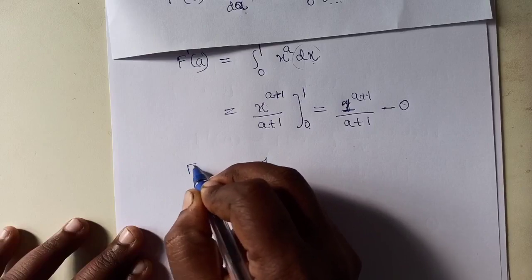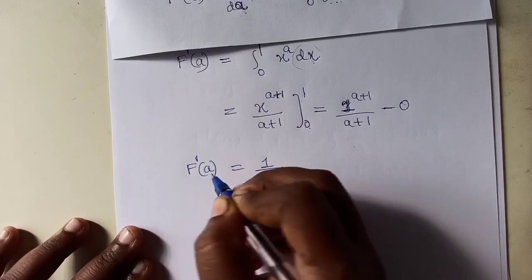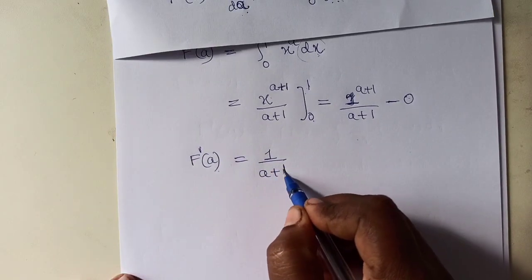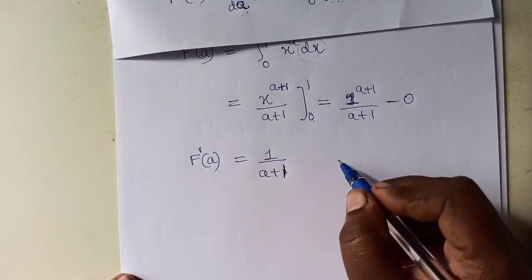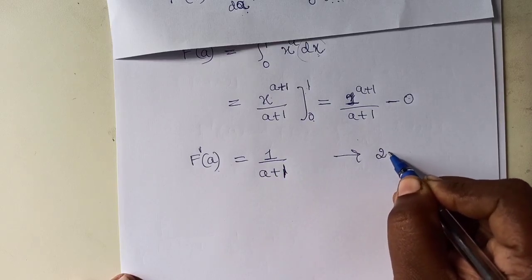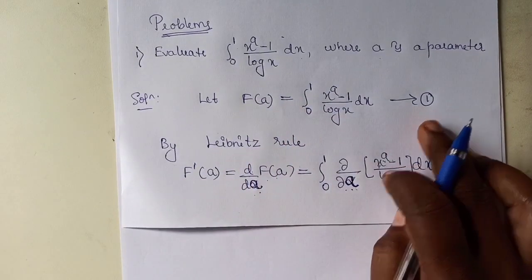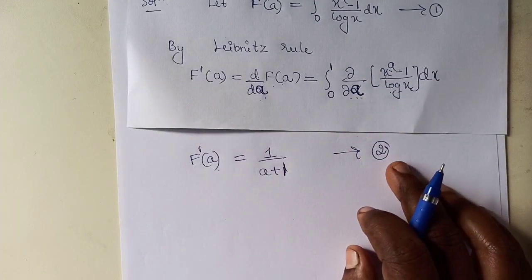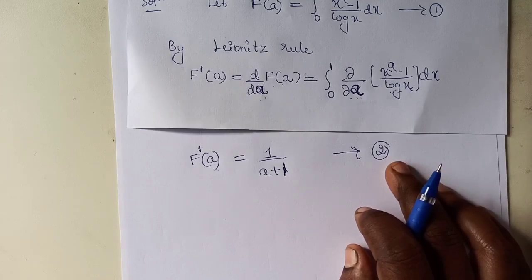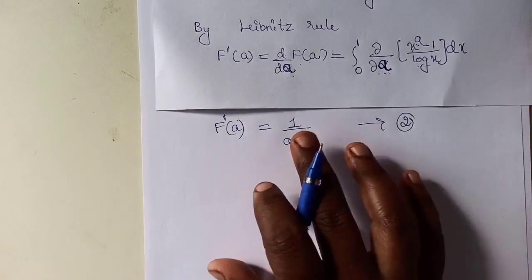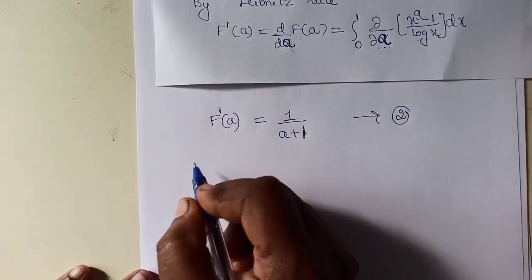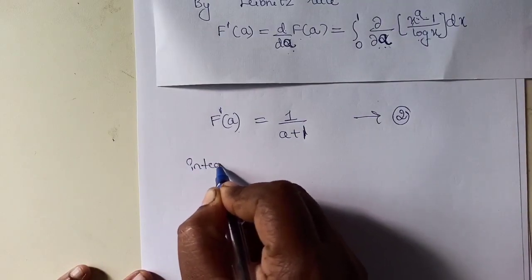Now we got f dash of a value. So this is f dash of a value. Consider this as equation 2. So first, the given one we consider as equation 1, and here we have considered this one as equation 2. Now integrating this, integrating on both sides,